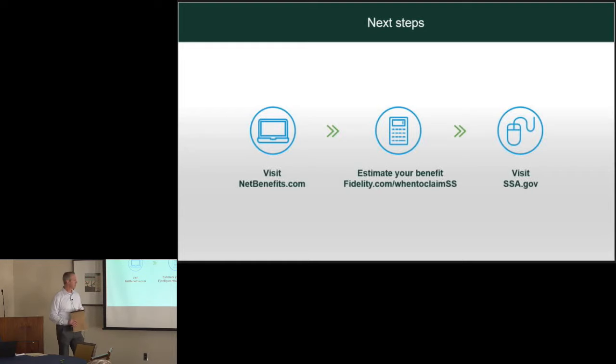actually want them. The rule of thumb from Fidelity is, at a minimum, you want to be saving 10% towards retirement, ideally 15% or more. So if you're saving less than that, you want to get to that 15. If you save 15% or more over the course of your working career, you should be able to have the same lifestyle in retirement that you had while you were working, when you factor in your Social Security on top